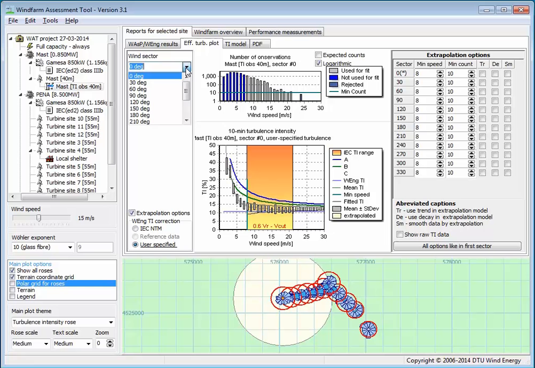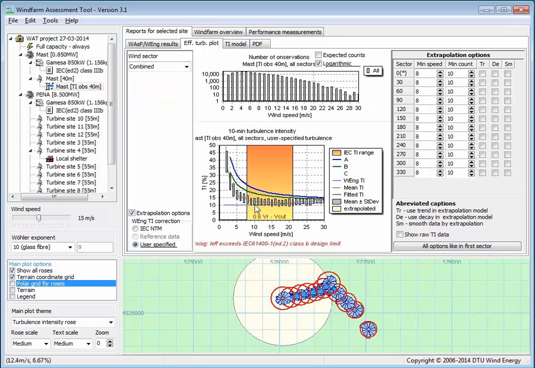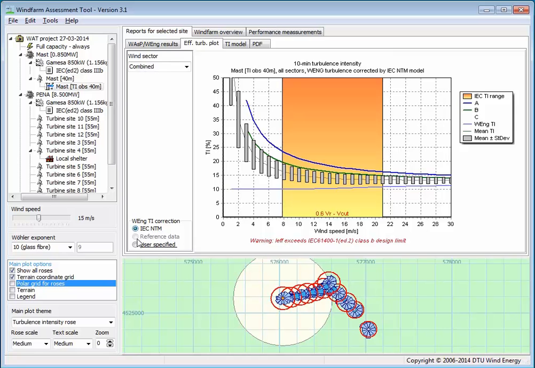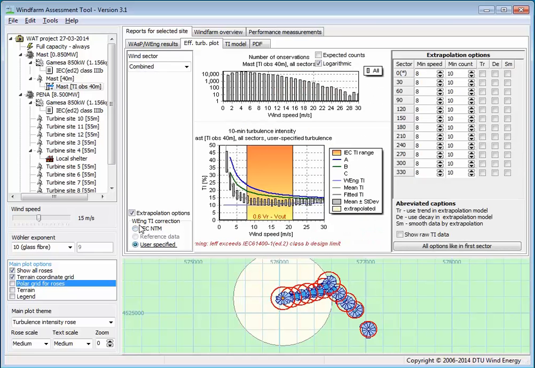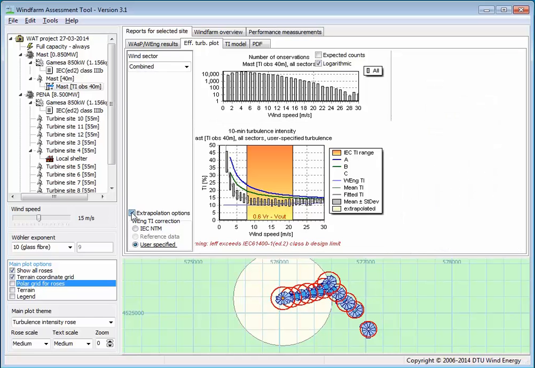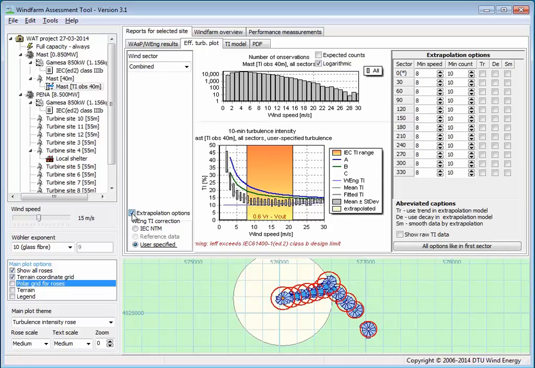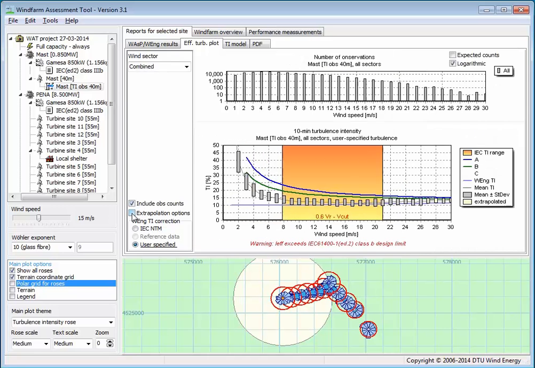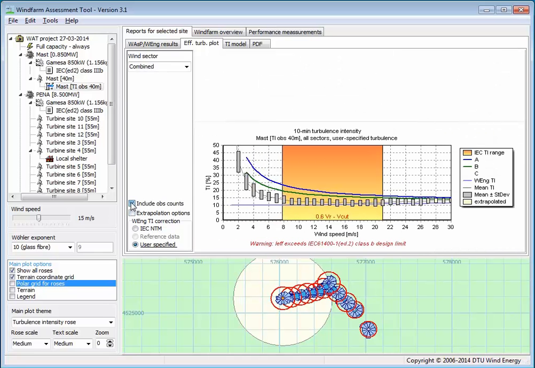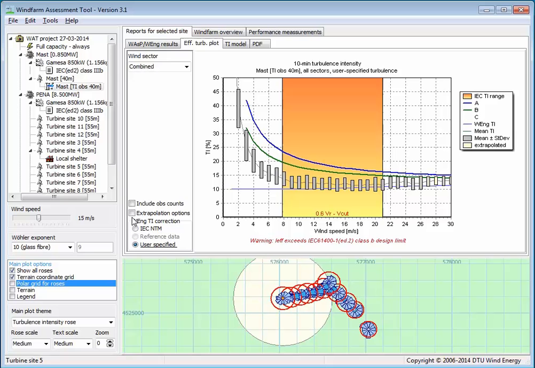So of course what matters is this combined resolution here, and this would be what it looks like, and then you have the observations and the normal model here. And you can make a comparison here.